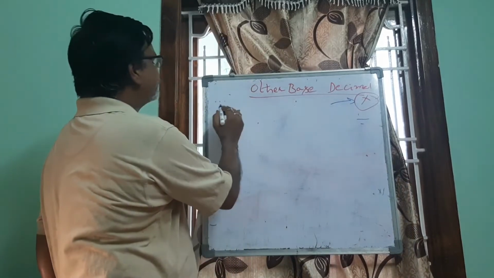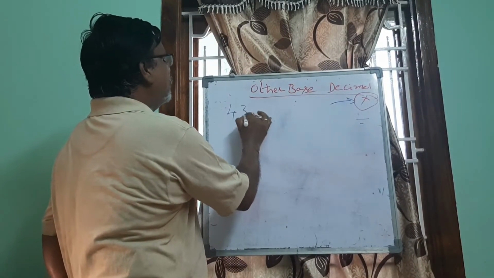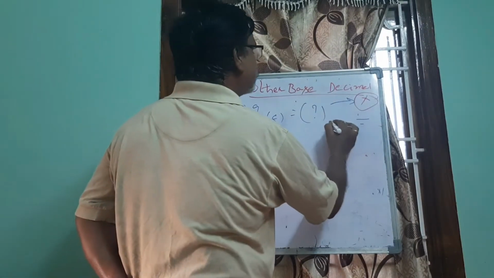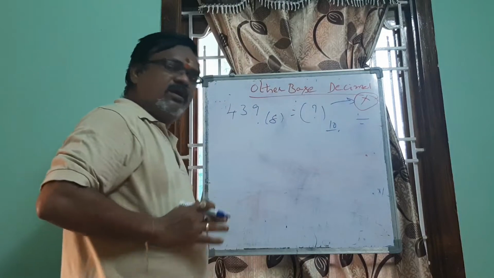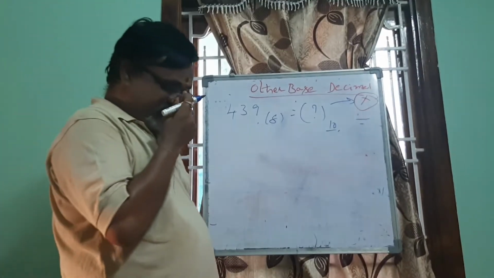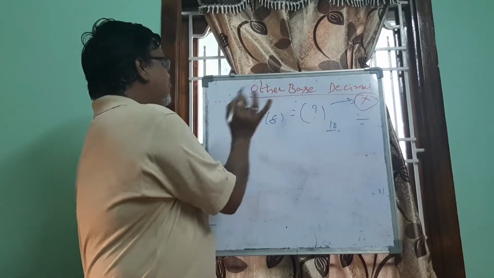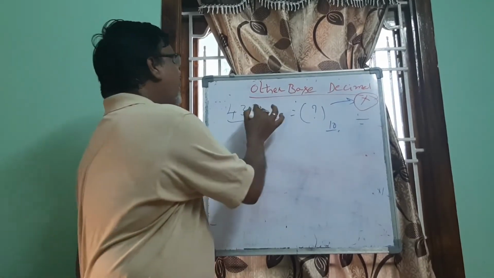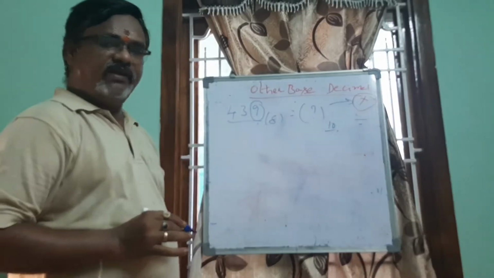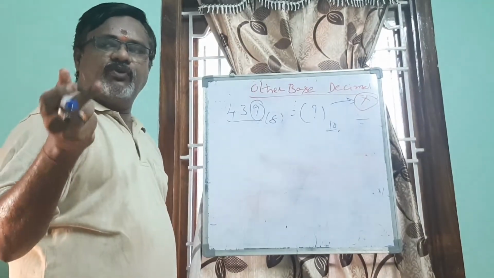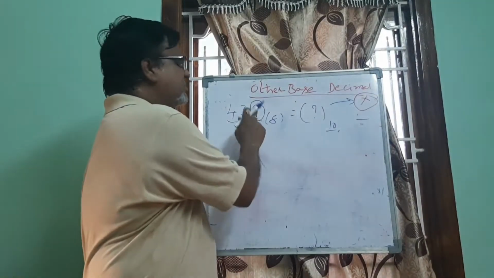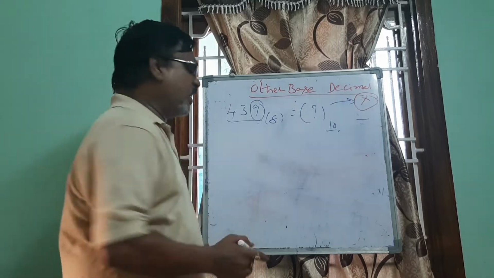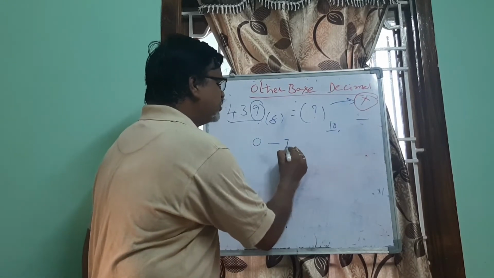So you take 439 octal number is equal to, here you have to remember one thing: I have taken this example voluntarily, 439 octal. So what is this 9? In general they may give you such examples to confuse you. 9 is not there in octal. Is there a 9 in the octal? No, there is no 9 in the octal. In octal we have 0 to 7.